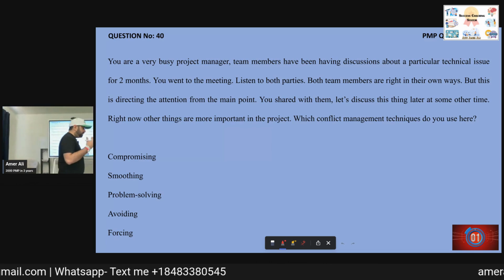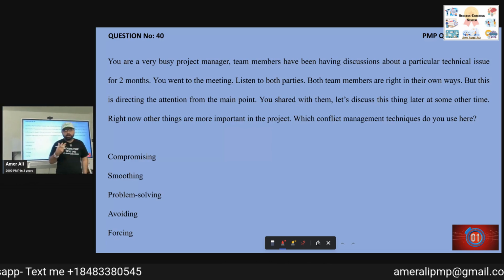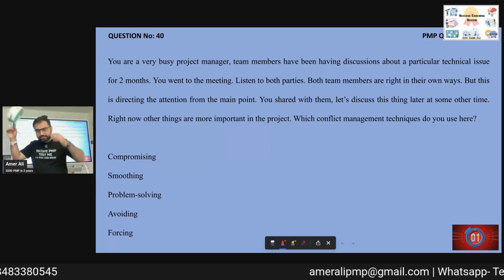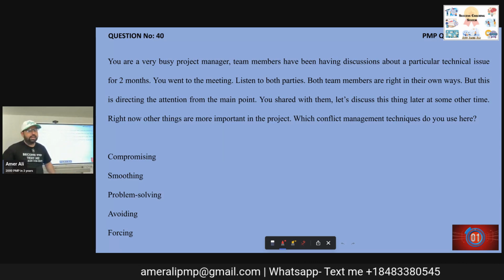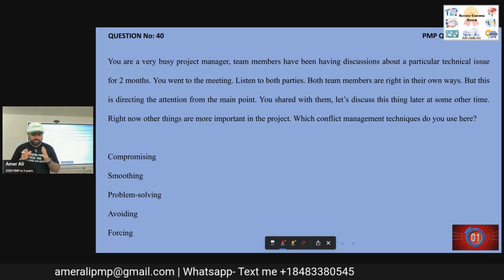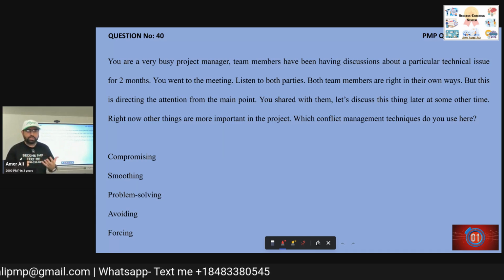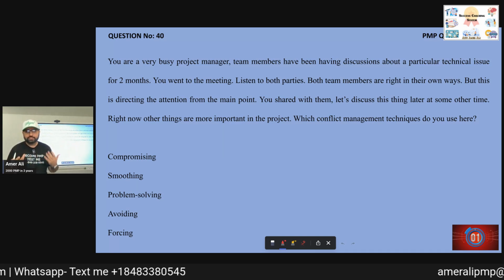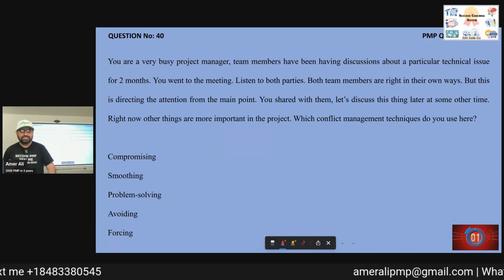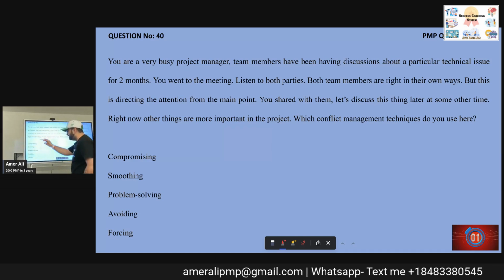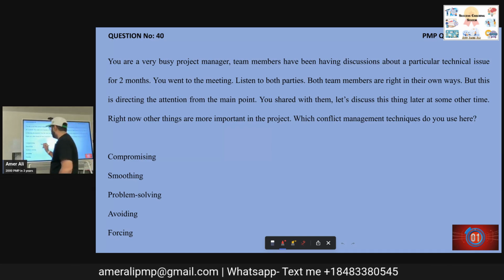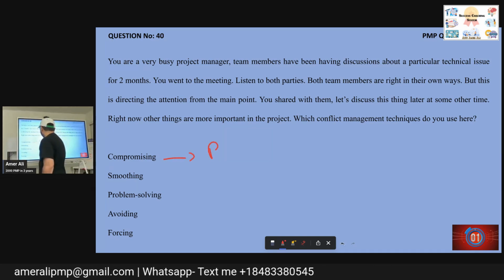Now, this team topic is a very important topic. As he was saying, the second most questions came from this team topic, and when we are solving it, we need to understand what the context is, from where the questions are actually coming, and what is being asked in the question. Okay, so I always say that when you see any of these things, you must know: compromising, both parties